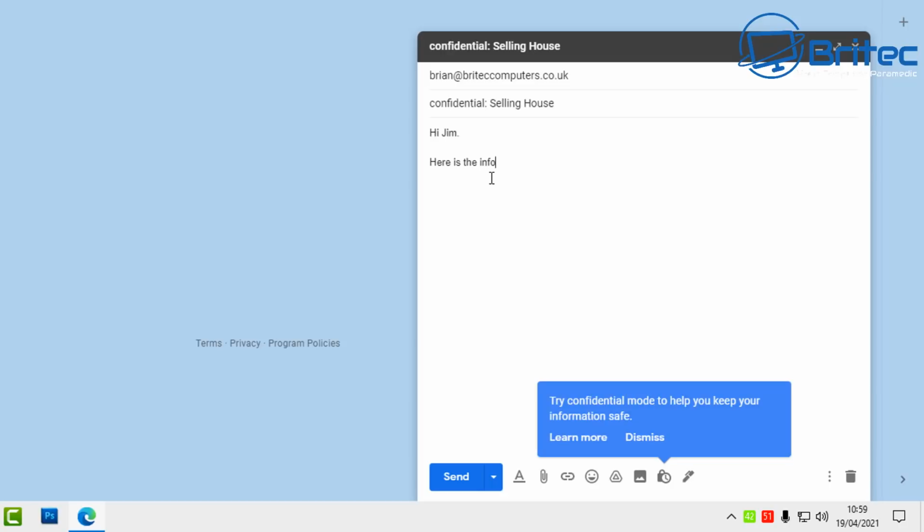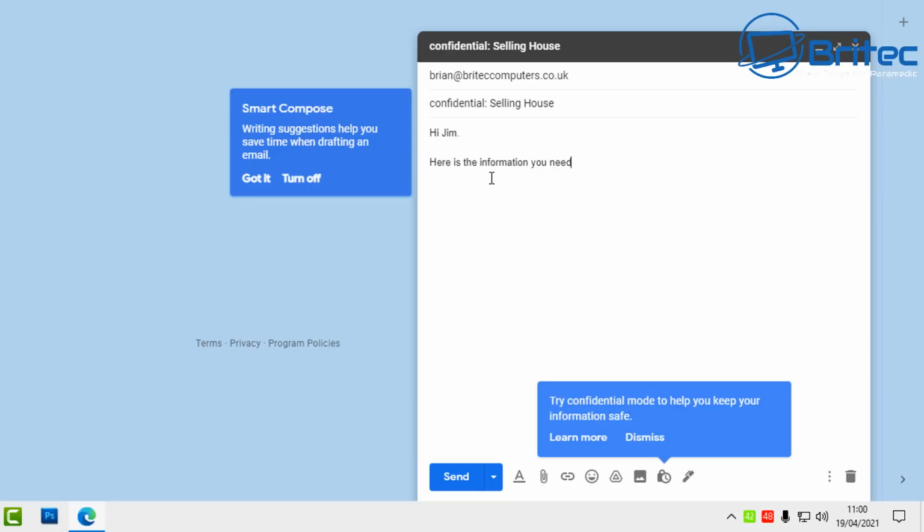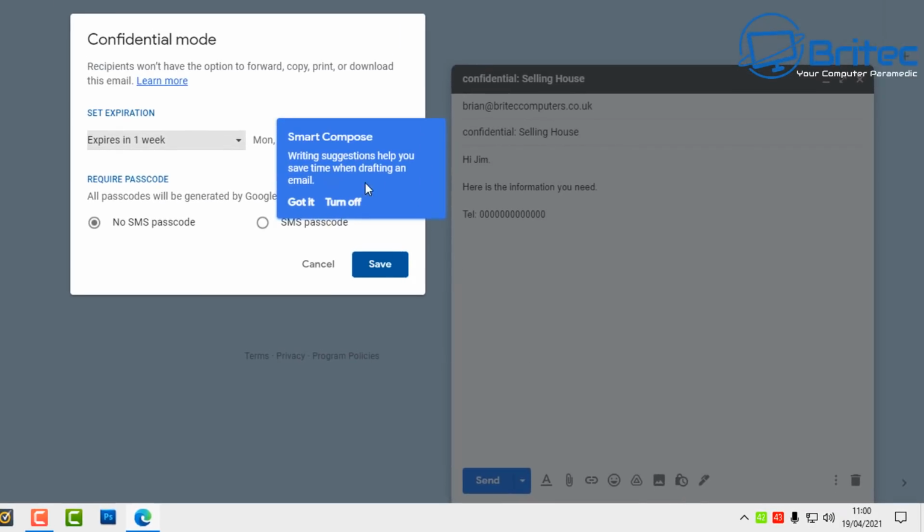Now, this email is only going to be confidential up until the point where you trust the recipient on the other side not to take a screenshot of it on their desktop when they're looking at it, or choose to take a photo of it with the camera on their phone, because this email will restrict them from downloading the email, forwarding it on to someone else, or printing it out. It won't be able to do any of those things, but it doesn't stop you from taking a screenshot or any of those things. So once you've got this all typed out, go down to the bottom and turn on